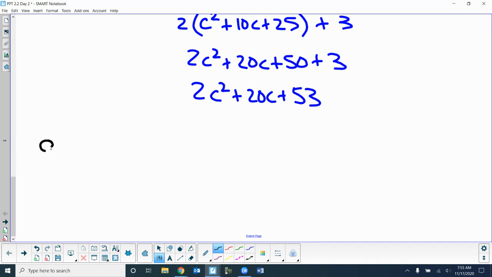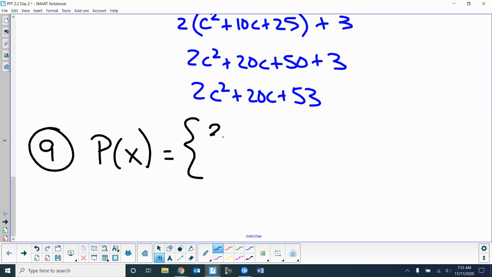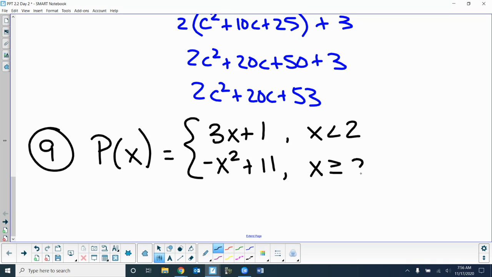Okay, number 9 was a piecewise function. Okay? I think it was P of X for piecewise. Okay, so just so we understand this, 3x plus 1, negative x squared plus 11. So I had 2 pieces. And it tells us what the domain is for each piece. If x is less than 2, or this is probably greater than or equal to 2, I imagine. Yeah. Okay, so you had to find P of